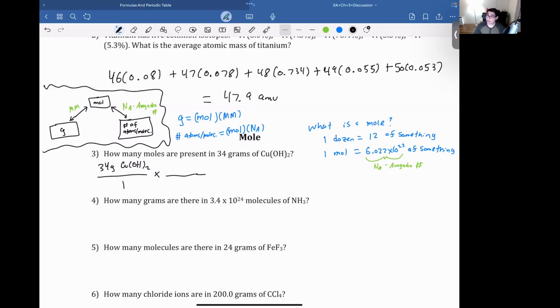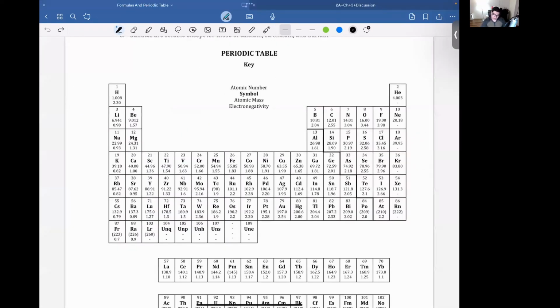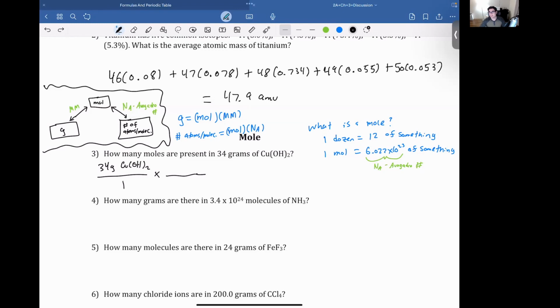So we use the molar mass, right? If you want to use these equations, or these relations in your head, you're going to use the molar mass. If you forget, the molar mass of copper hydroxide, you would look at the periodic table and add them all up. I'm not going to do that for the sake of time. So the mass of copper hydroxide is 97.561 grams